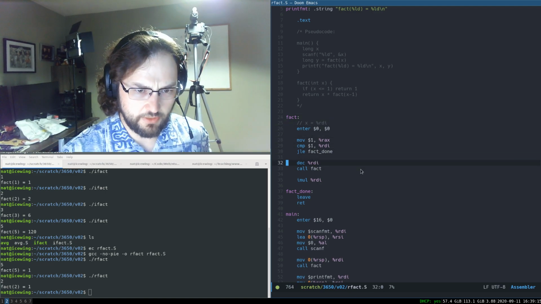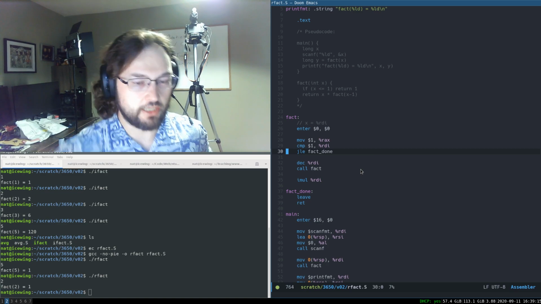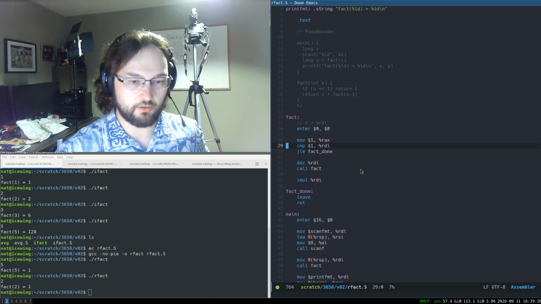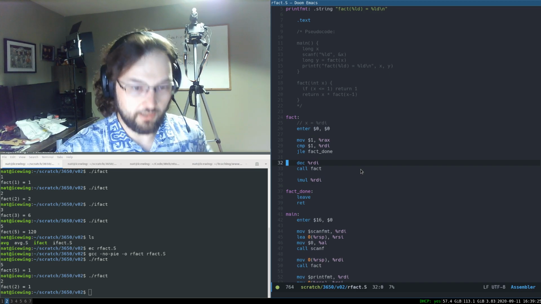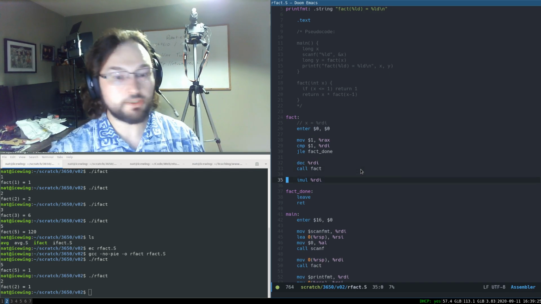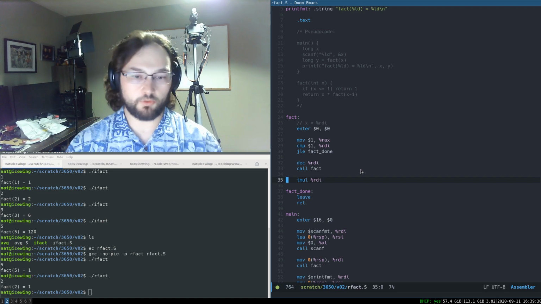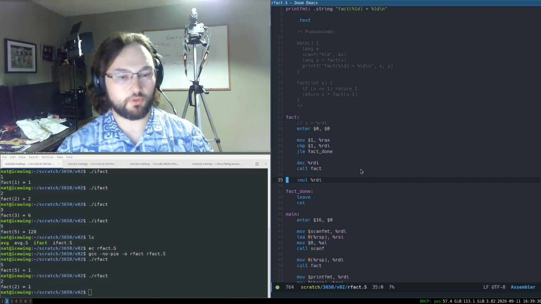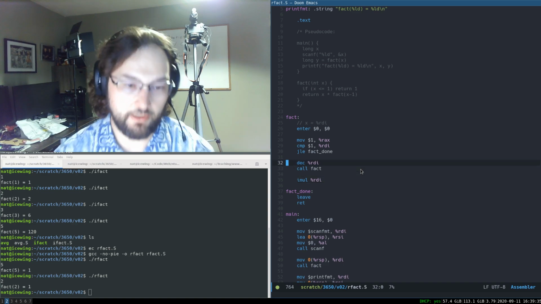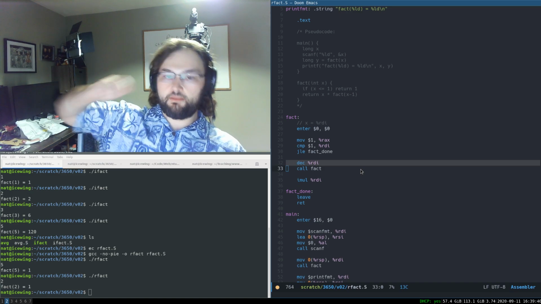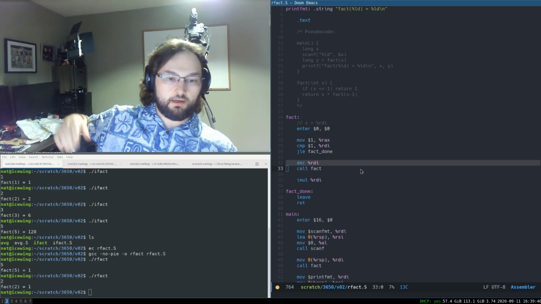And in this case, we know that it didn't change in the recursive call, because the recursive call was the base case, which doesn't set the value of RDI. But in any case, it's 1. So we multiply 1 by 1, and it's 1. If we go through this again with 3, we'll see that we're multiplying 1 times 1 times 1, which is still 1. The problem is, when we decrement RDI here,